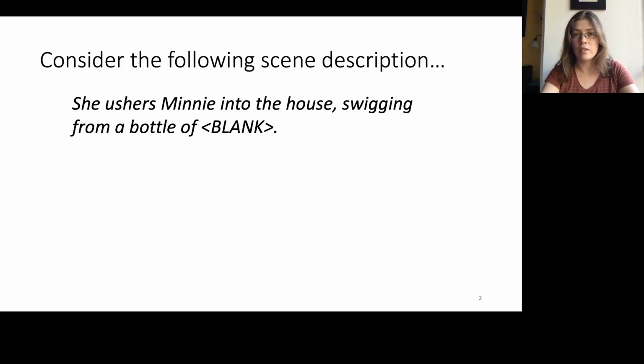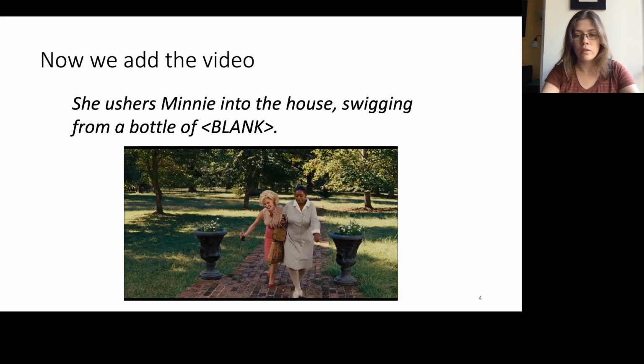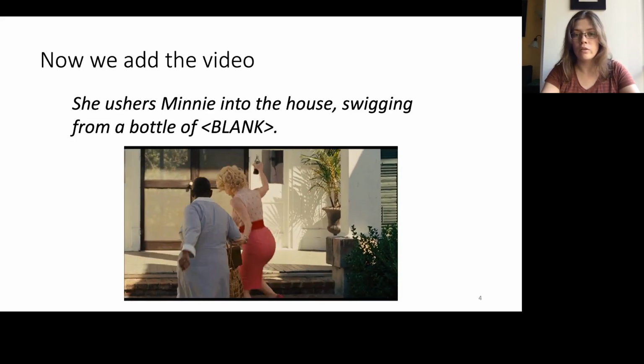Let's start with an example. She ushers Minnie into the house, swigging from a bottle of blank. As humans, we can form various hypotheses as to what blank may be. It could be wine or beer or juice or some other beverage. However, this is a description of an actual visual scene, so looking into that scene allows us to answer that